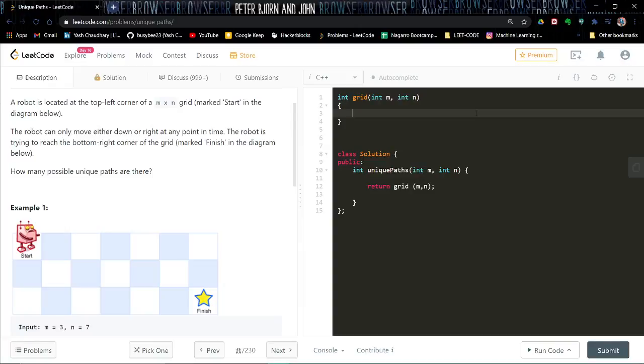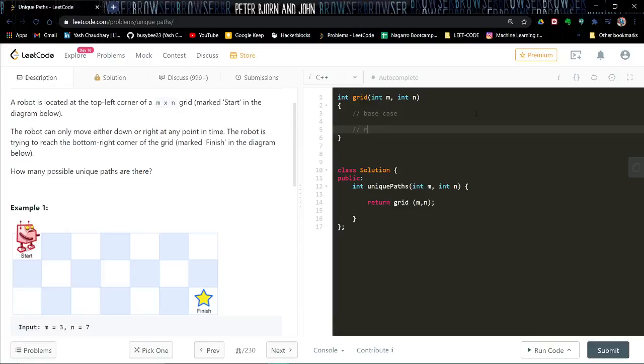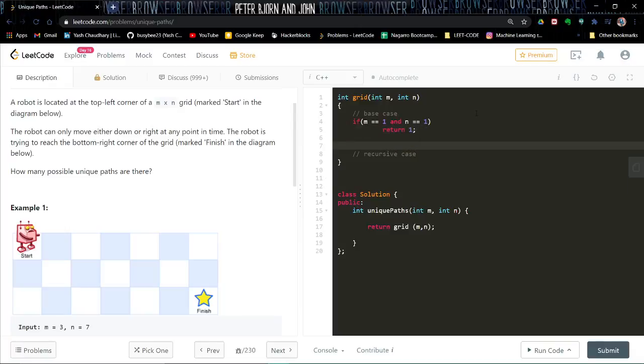Then we need to decide the base case and the recursive case. The base case would be if m equals 1 and n equals 1, which means we are standing on the first matrix cell. So we would return 1